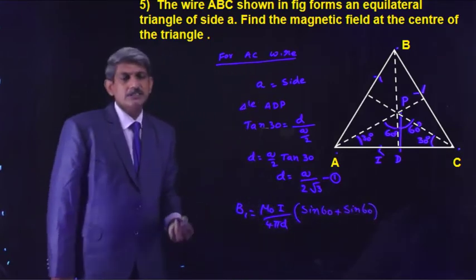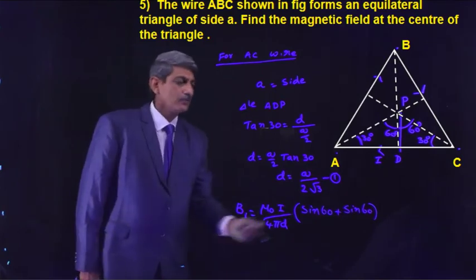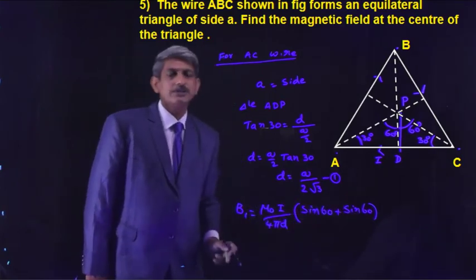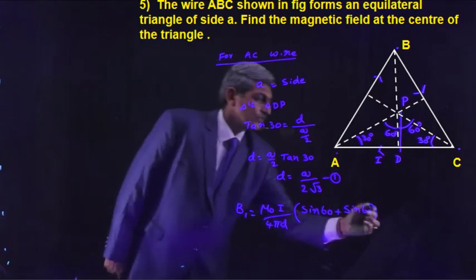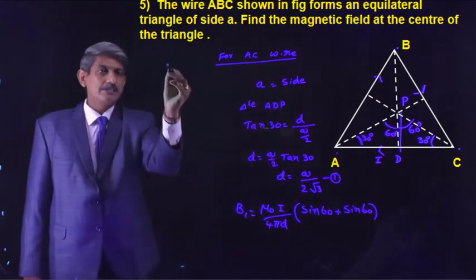Already we know that sin 60 is equal to root 3 by 2. Root 3 by 2 plus root 3 by 2 is equal to root 3. So we can write it as B1 is equal to